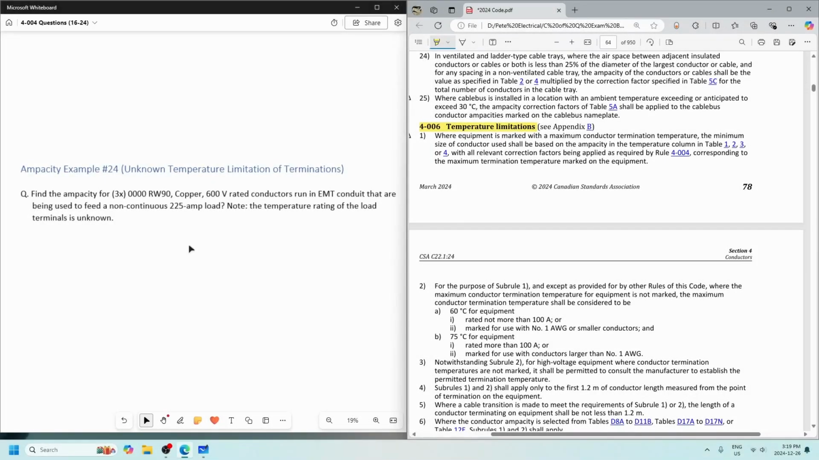Okay, guys, next and final example, number 24, unknown temperature limitations of terminations. Find the ampacity for 3 4-aught RW90 copper 600 volt rated conductors run in EMT conduit that are being used to feed a non-continuous 225 amp load, noting that the temperature rating of the load terminals is unknown. Okay, so now we're above 100 amps, right? So we're still on 4006 temperature limitations, but when the temperature for the equipment is not marked,